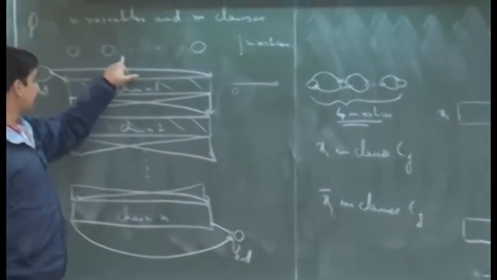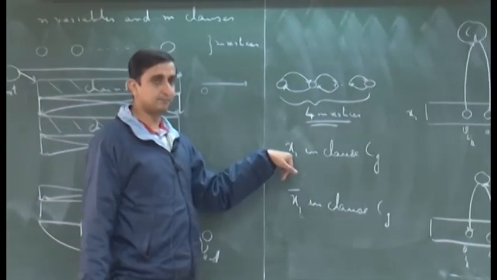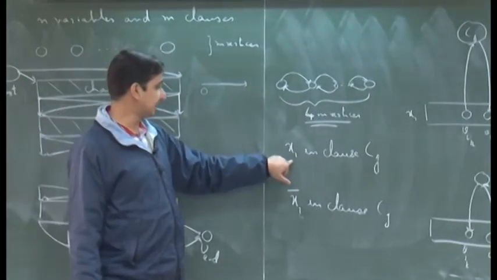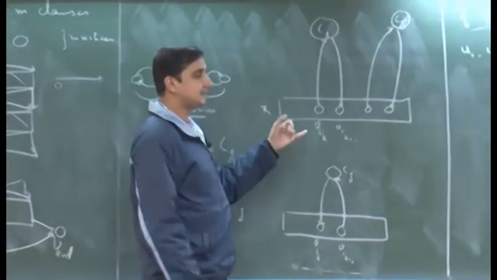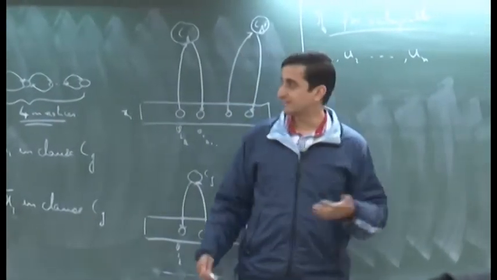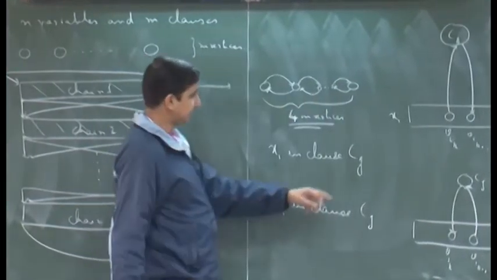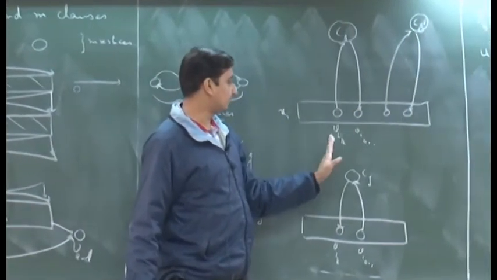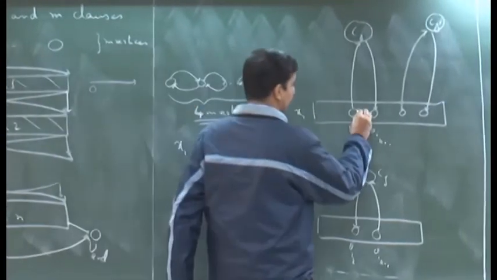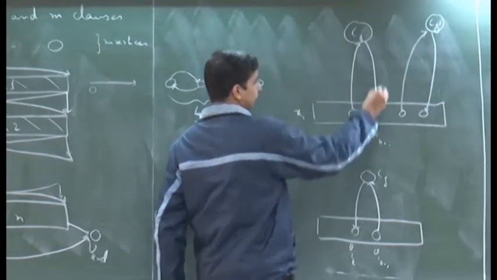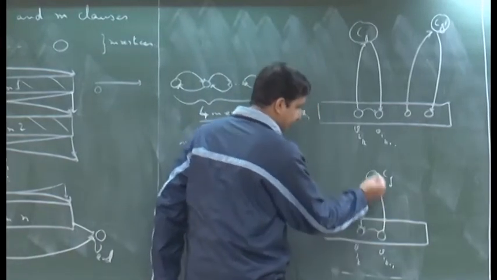And if a clause got satisfied by some literal which is in its non-negated form, which has x I, then we know that the only way it could have got satisfied by x I is if x I got the value 1, and if x I got the value 1, I am traversing it from left to right. So, I can use a connection like this to go from V I k to V I k plus 1. Instead of using this edge, I am just using these two edges, and the same thing is happening here.